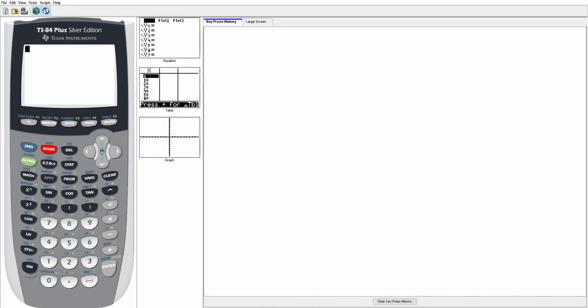In section 3.6, question number 8 asks us to use the graphing calculator to verify the table and the graph that we got in numbers 3 and 4 on page 359. To do this, we're going to go up under y equals so we can enter the equation of the line. The equation that we found in number 6 was y equals